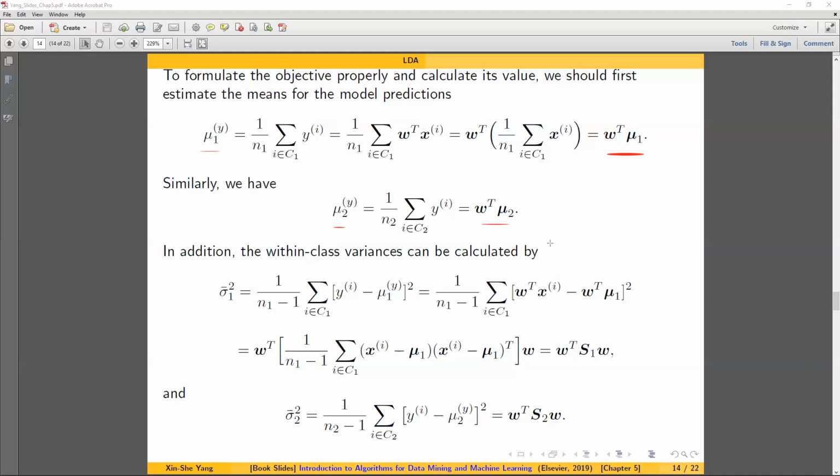And then you can calculate the within class variance by doing the same thing, which comes back based on S1 and S2, as we just discussed. You have the means of the model prediction, you have the within class variance, and then what we were trying to do in the